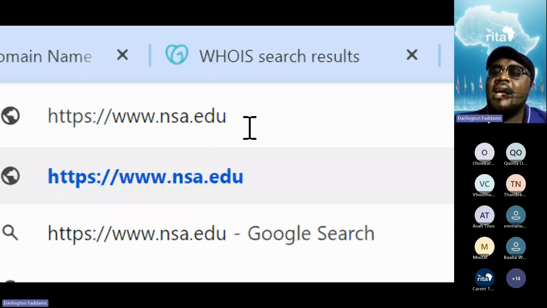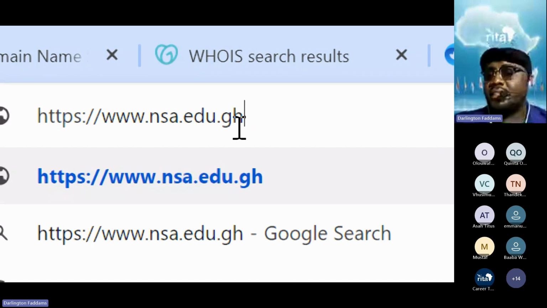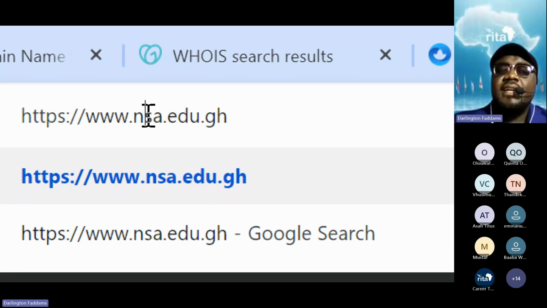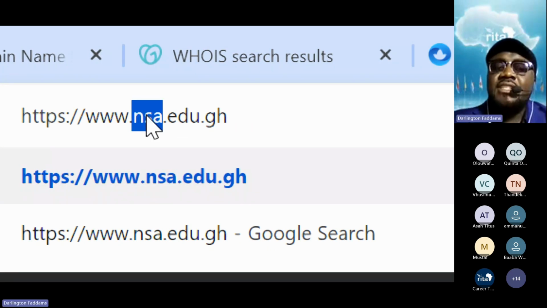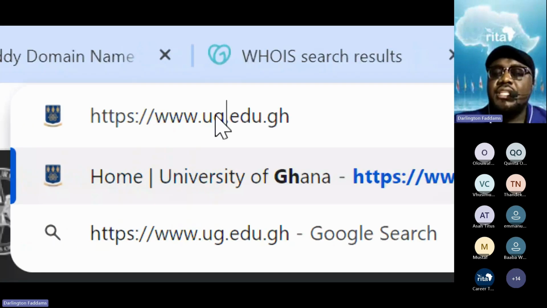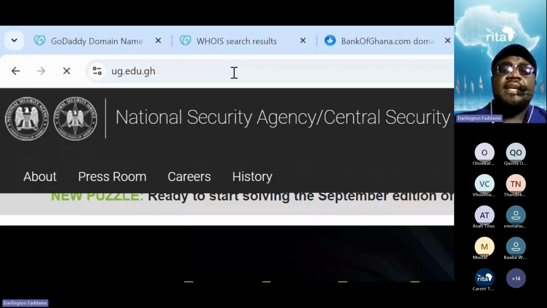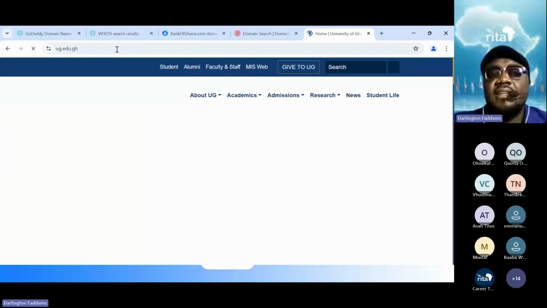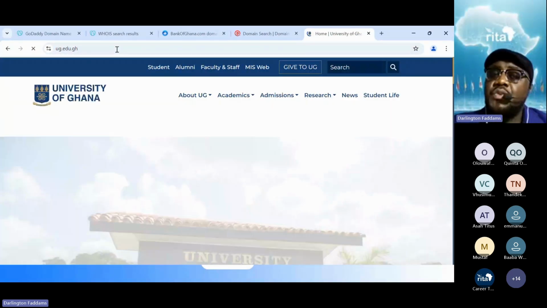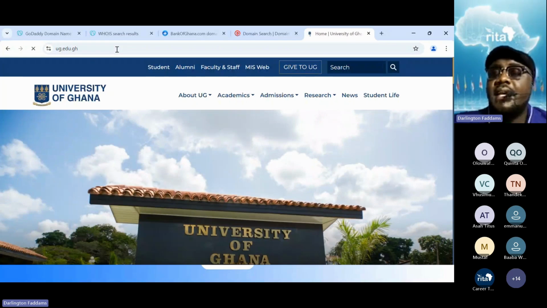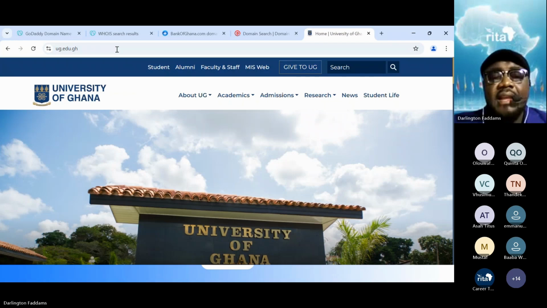In Ghana, all our edus are edu.gh. So University of Ghana, you discover that University of Ghana is just UG, that's all, ug.edu.gh. And so if you check the University of Ghana website, now you know where to register a name for a university in Ghana. You can register any name .edu.gh.